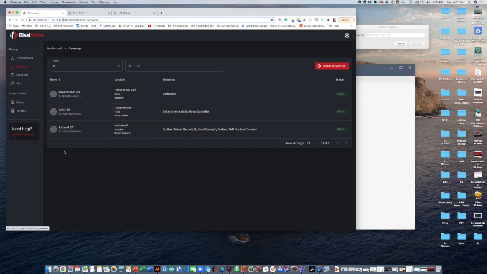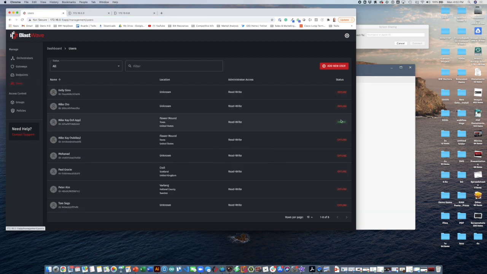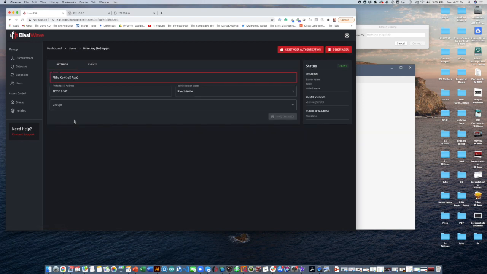This dashboard is our BlastShield orchestrator. You use it for the purpose of managing all provisioning, real-time management of access controls and policies for your various endpoints and users within a BlastShield network. In this case, I'm going to look at my users, and I can see quickly I have one user that's online, which is an iOS app user. I can look at that user quickly, and within a touch of a button, I can tell that they're not